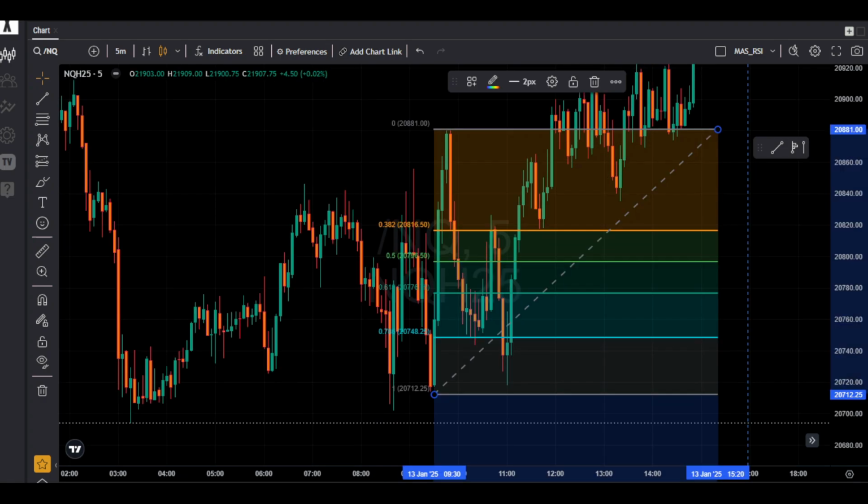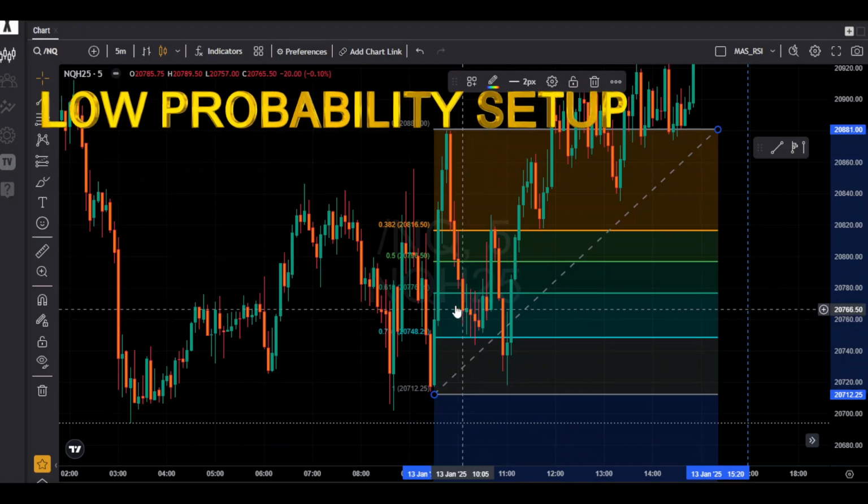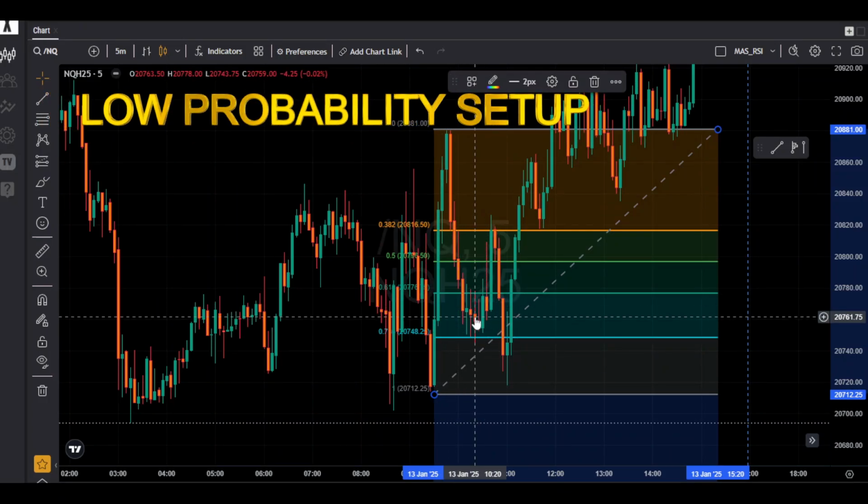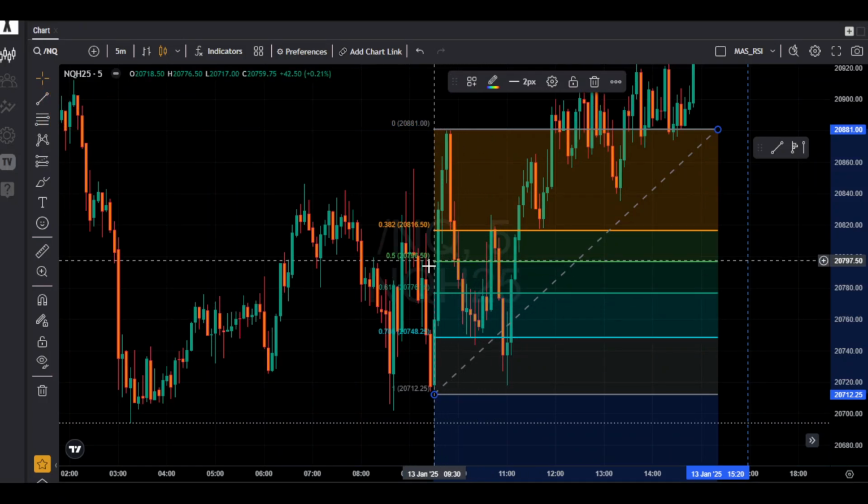While I was looking for another example, I came across this one. This is January 13th, 2025. As you can see, this is the area where we see a strong move to the upside. It broke above the high and created another new higher high, and from here it's coming all the way down to the 0.786 area. As I mentioned, this is not something that I consider. My preferred area is when price stays in the 0.5 and 0.618 area.